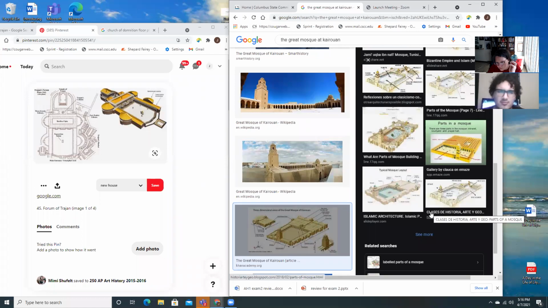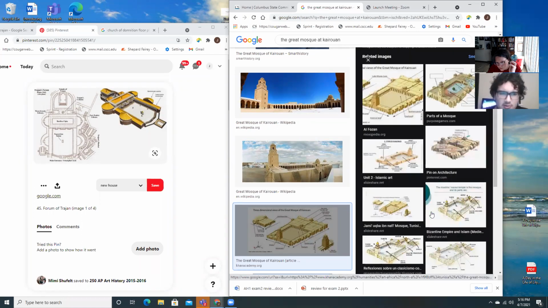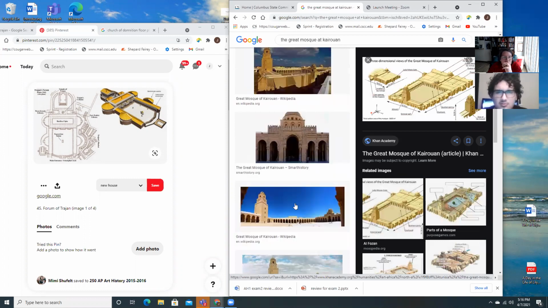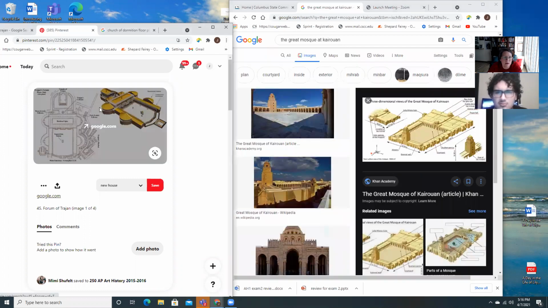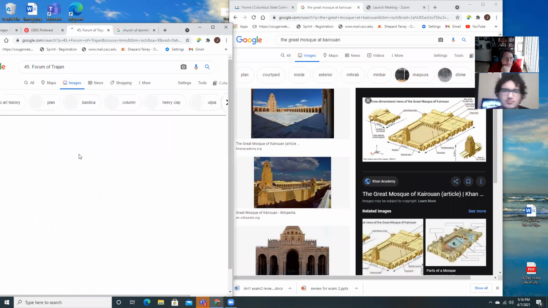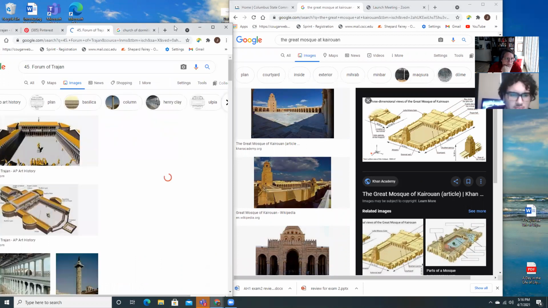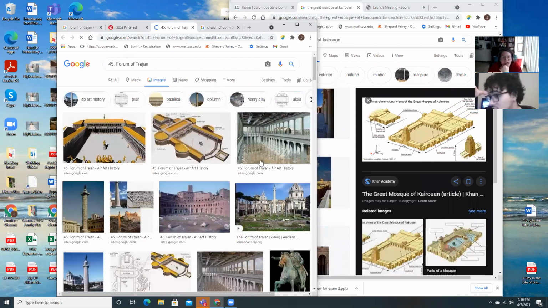Is there something resembling a nave in the forum or no? In the forum, when you get into the basilica, the nave, this is a picture of the interior. The nave is this aisle that runs straight down the center of the church. So I think that's the one you mentioned, that there are coffers there. Oh yeah, there are coffers. See the coffers there? It also has a clerestory.